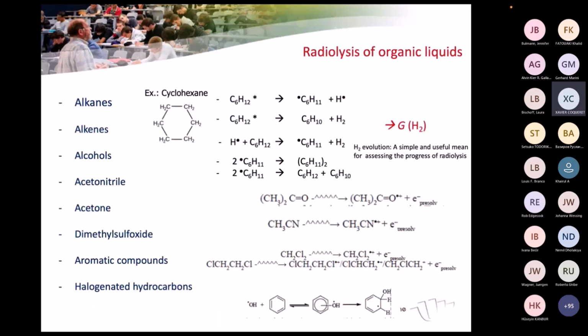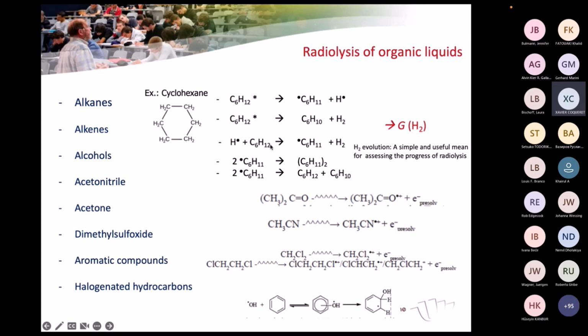Let's leave water to address organic liquids. And of course, each class of organic molecules has its specificities. We can just detail here what's the fate of cyclohexane upon irradiation. So the different processes we have described will form excited cyclohexane, probably in non-bonding orbitals for some of the electrons, which will then relax to form two free radicals, C6H11 and the hydrogen atom, or to form a cyclohexene, unsaturated, plus dihydrogen,